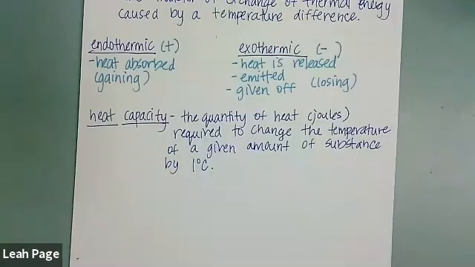So for instance, when ice melts, when you're changing from a solid to a liquid, it absorbs heat from the surroundings. So basically the ice melts in the glass and it cools the water down as the melting ice absorbs the heat from the water. So that's how you think of an endothermic process versus an exothermic process.